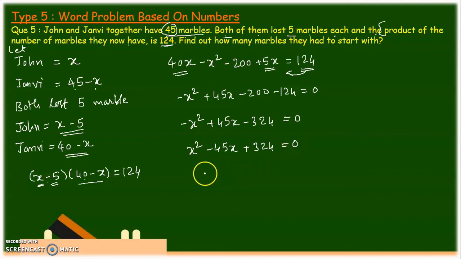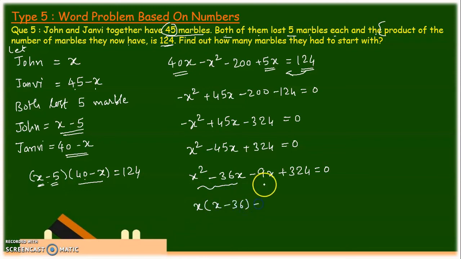And now we can easily solve this equation. We can split this middle term as minus 36x minus 9x plus 324 equal to 0. So from the first two terms, if you take x common, the remaining is x minus 36, and from the second two terms, if you take minus 9 common, that will be x minus 36 equal to 0. So here we get this x minus 36 and